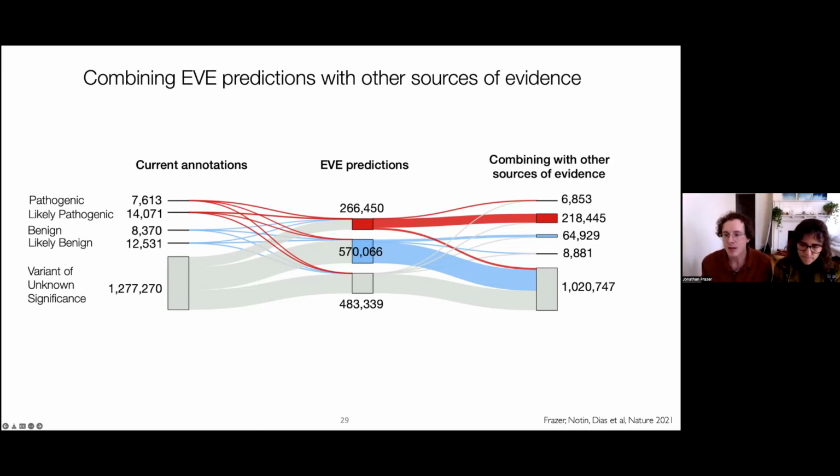When we combine our model with other sources of evidence, we find supporting evidence for the reclassification of about 256,000 variants of uncertain significance. This gives you some sort of estimate of the potential impact, but it is admittedly a bit of a crude estimate. Really, how we envisage the method being used is being treated much more like how experimental